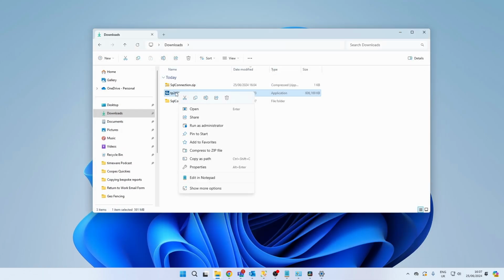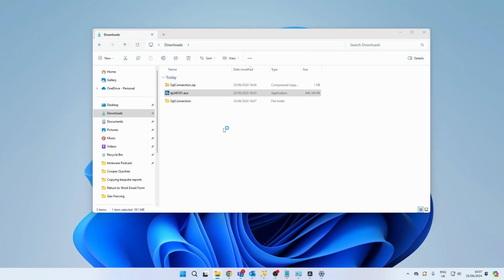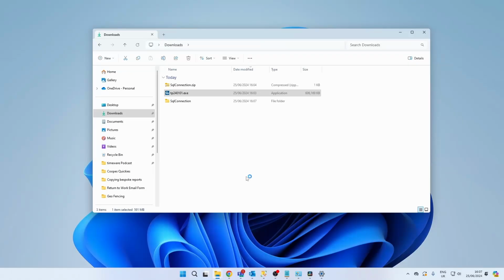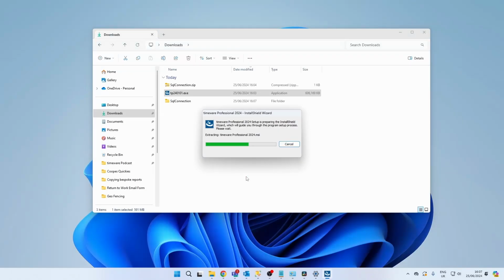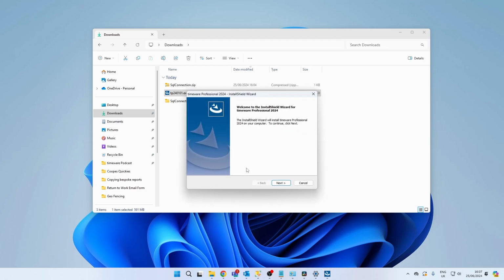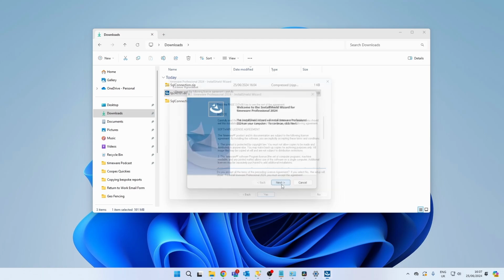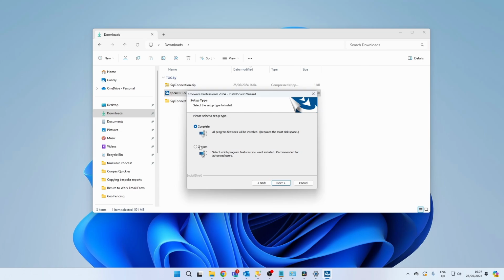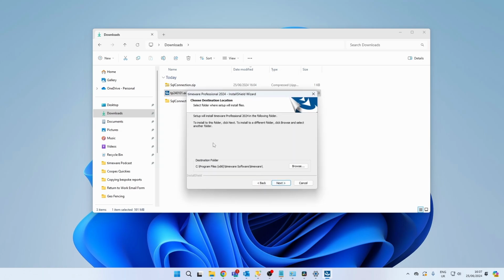So now what we want to do is right click on the installer, run as administrator. Yes. I'm not sure if you can see that, but I had a pop-up just asking me if I want to make changes to the computer, to which I said yes. Now that it's loaded, we press next, agree to that, and we go to custom, choose the directory and press